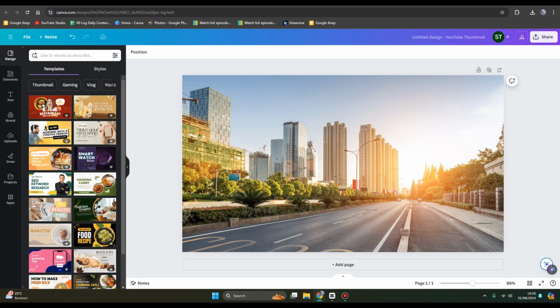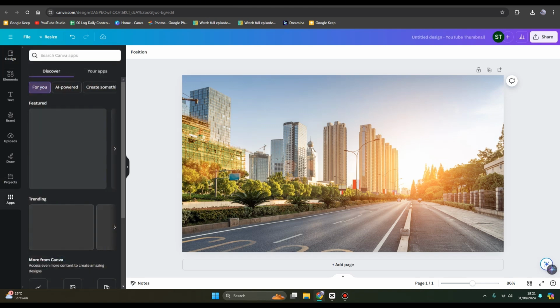On today's tutorial, I'm going to show you how you can create this perspective text on Canva. So here you can just add the image or the background first to add the perspective text. For example, I'm going to add text in here, this one right here, and you can just first go to